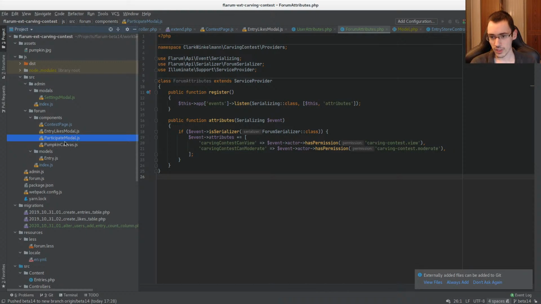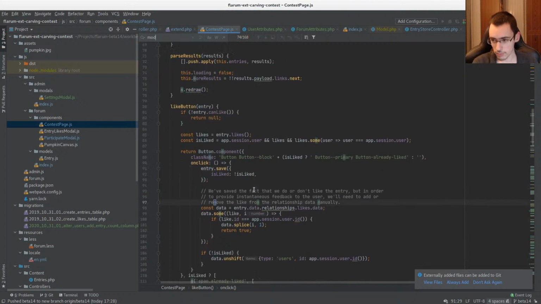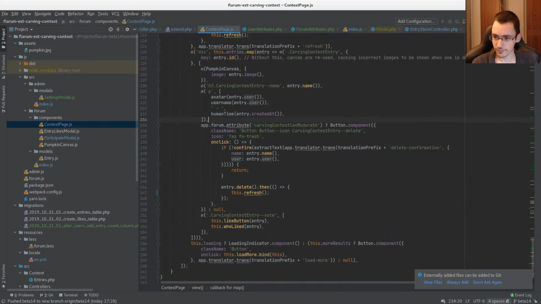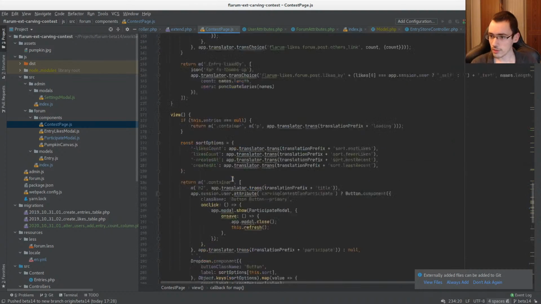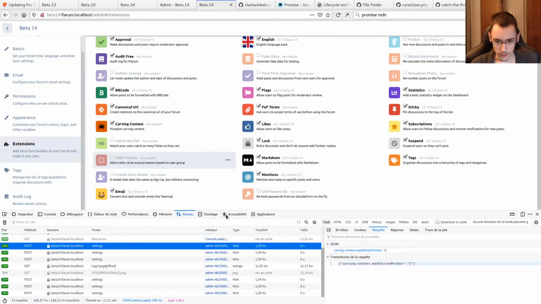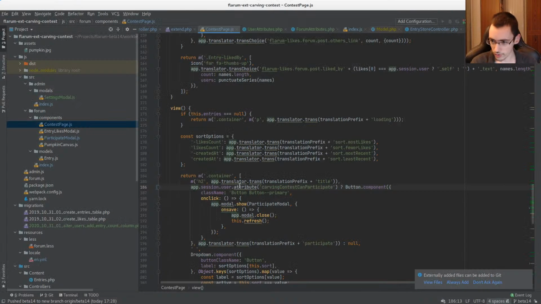So here we will actually roll back some of the changes. So this can go back, this can go back as well. Can view, and here we had moderate. So this one can also go back to app.forum. Okay, but we need to keep the other one for participate. But here we need to change the check. We need to check that, how is it, so app.session, yes, so we need to check the